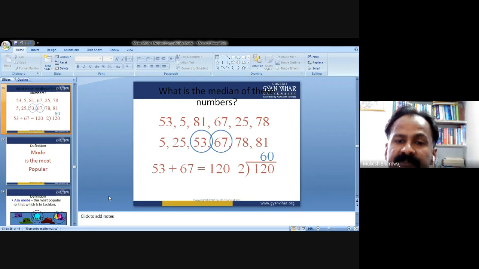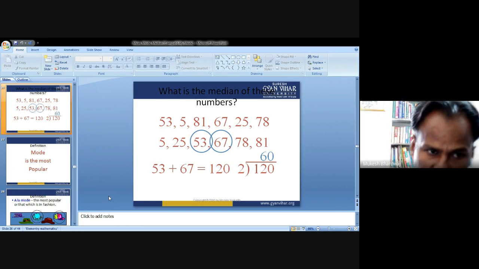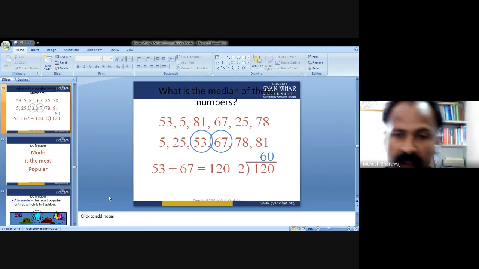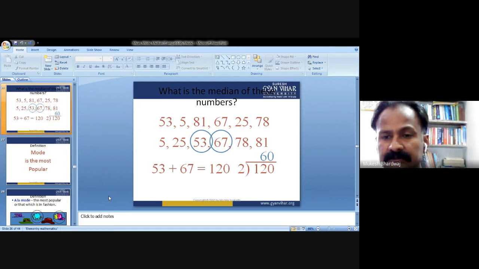What is the median of these numbers? Again, it is an even series. So you just add up the two middle numbers, divide by 2, it comes out to be 60, and 60 is your median. These are very simple questions. I'll move to slightly harder ones after you get the concept. Once you get the concept, after that we are going to move on to the harder or typical questions. Okay.